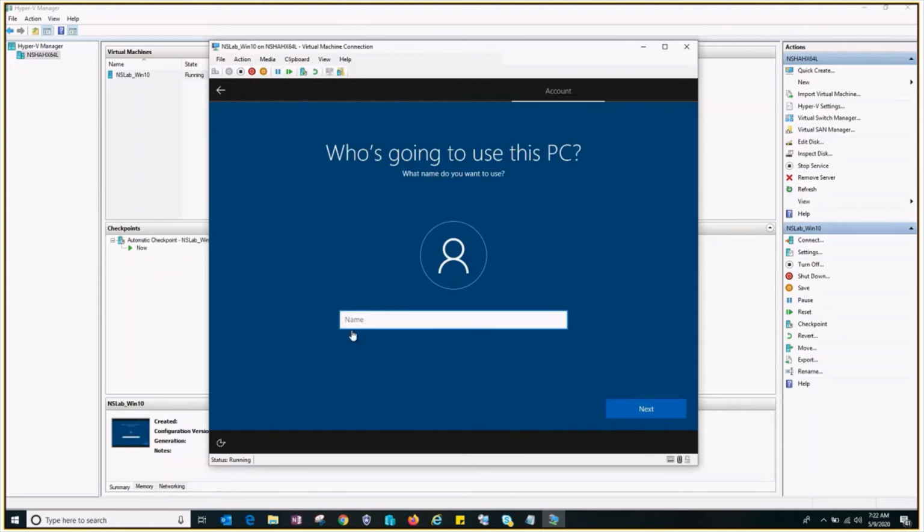Okay, who's going to use this PC? I'll give it a name. Make sure you remember the username and password, because this will be your local admin. The first user will always be the local admin.